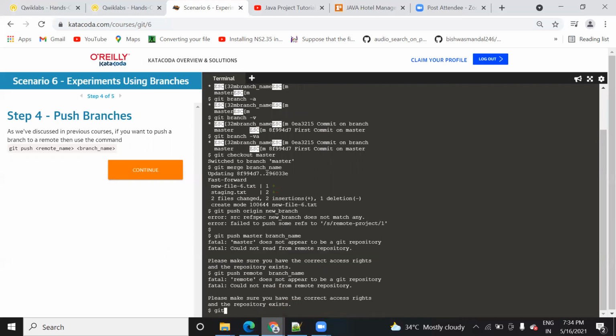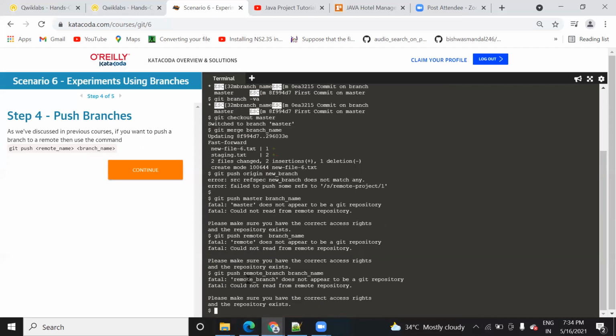Let's try with a random name, and the branch that I have created, the name of that branch is branch name. I have given branch name only to the new branch that I have created. It's still giving an error because there is no remote branch as a file available on the server. That's the reason it is giving an error. And there is no solution provided. It means that you don't need to run this command. It was just for your hint.